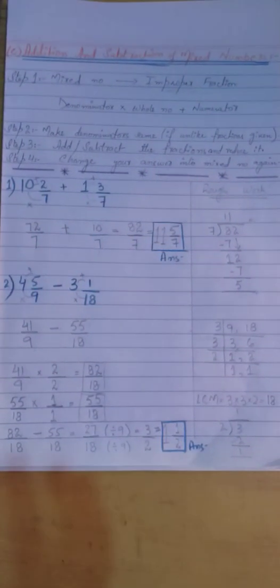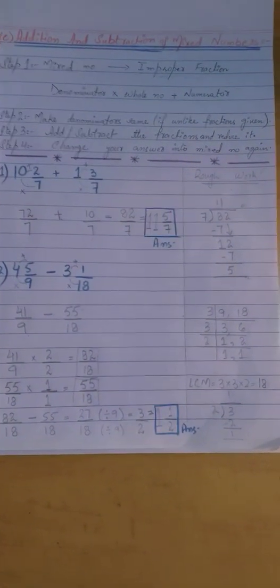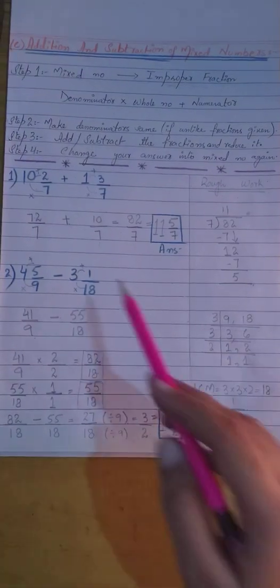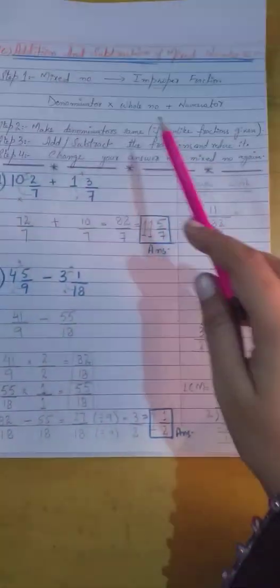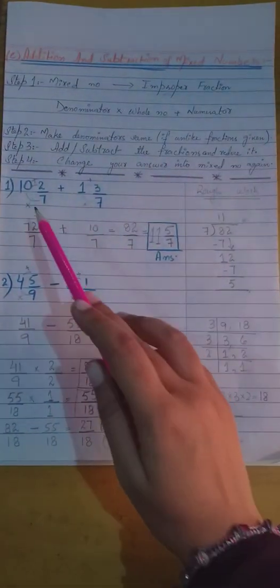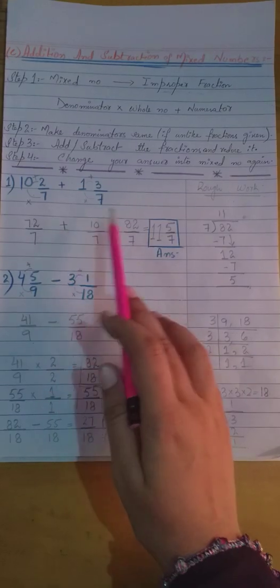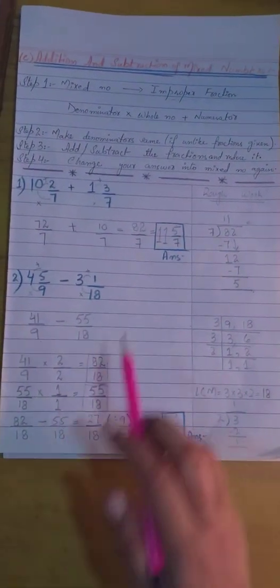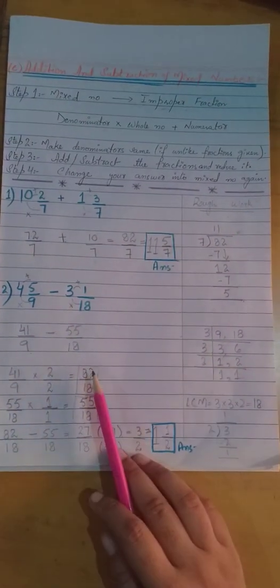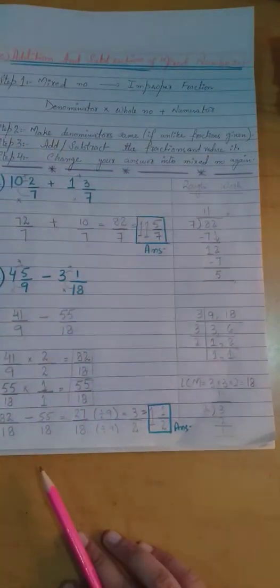Okay. Now students, I have shown you two examples of mixed numbers, the addition of mixed numbers and the subtraction of mixed numbers. Remember these steps: first you will convert both the mixed numbers into improper fractions, then you will add or subtract whatever the sign is given to you, and after adding or subtracting you will convert it into its lowest term, you will reduce it, then you will convert it into a mixed number.